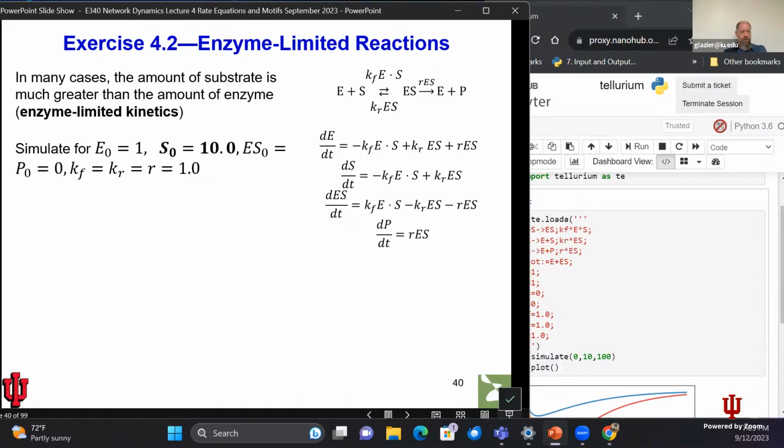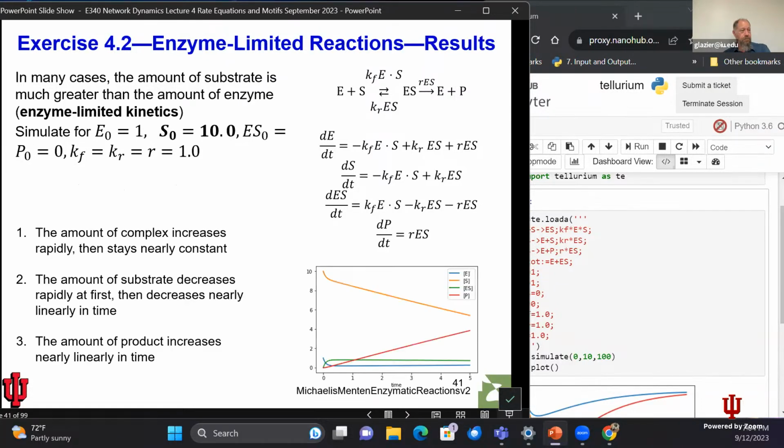How does it change? Does it change? To do that, you only have to change one number. You have to put an extra 0 in front of the 1 for the initial amount of S. Did it change the time series? You'll notice here, effectively over the time we're looking at, it depends a little bit on how long. If you run it long enough, you'll still run out of substrate. But if you run it for a short amount of time, now the amount of product will go up